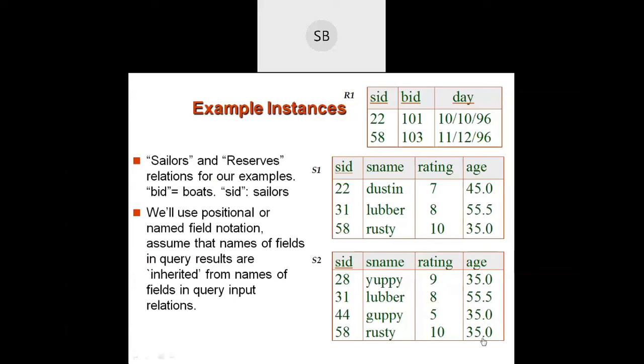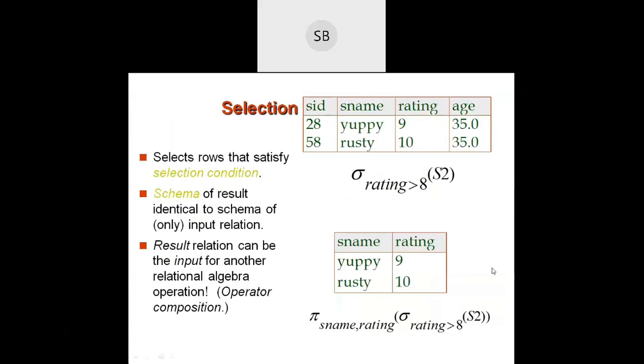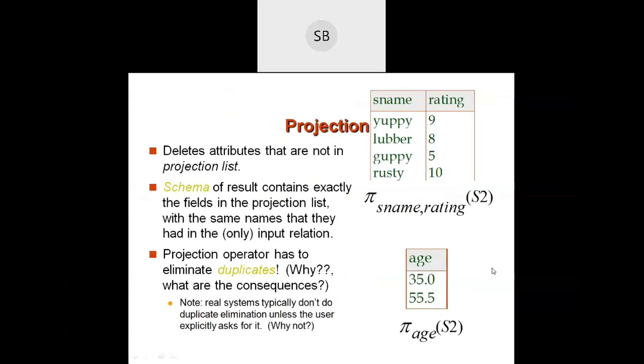So age 35 is present many times in this table, but it appears only one time in the resultant table, and 55 one time. So you display the ages 35 and 55. Only two records are displayed. So repetition is removed, meaning the data is displayed only one time. The project operation eliminates the duplicates.